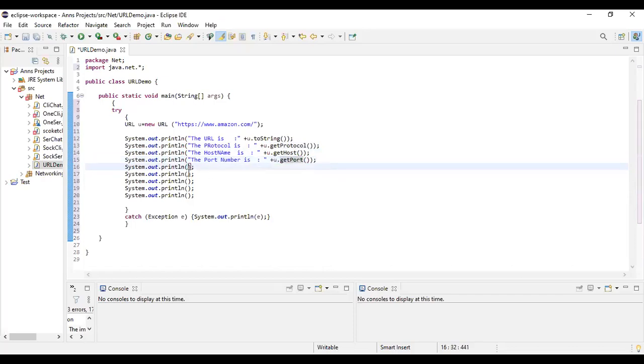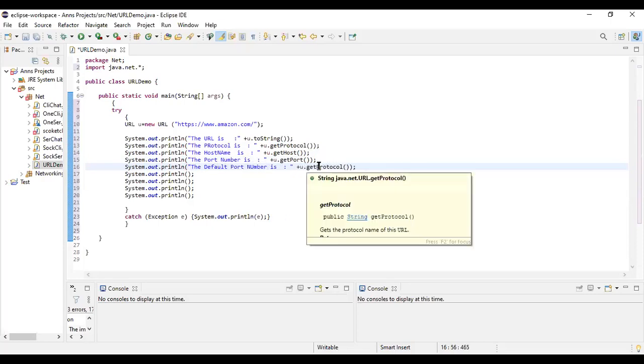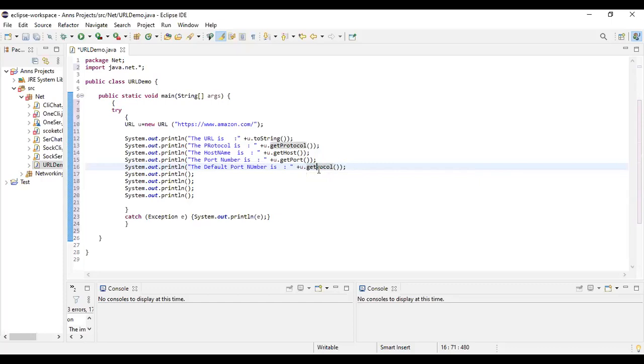Similarly, if you want to see the default port number, sometimes both will give you the same answer, getDefaultPort. Now you will get the default port number.